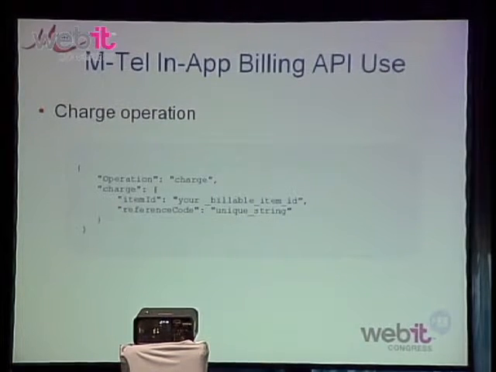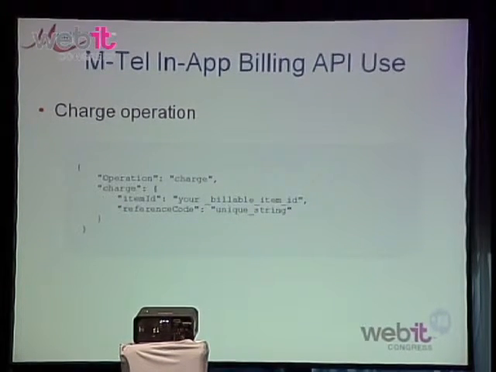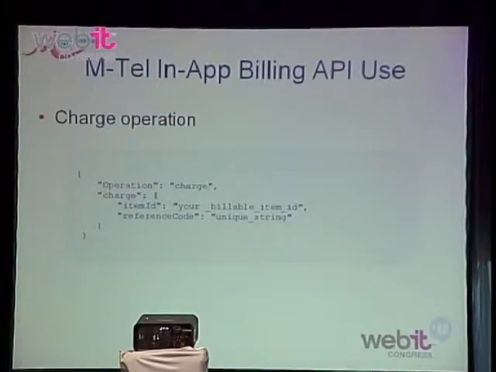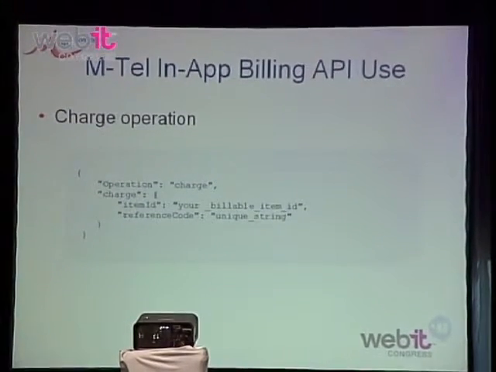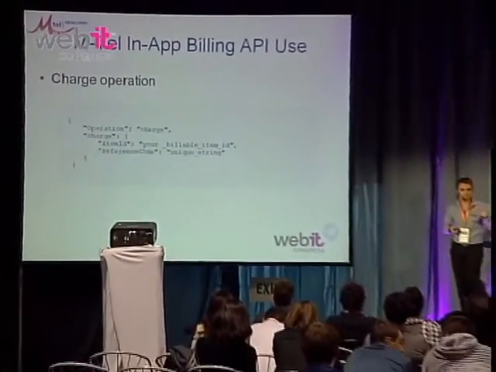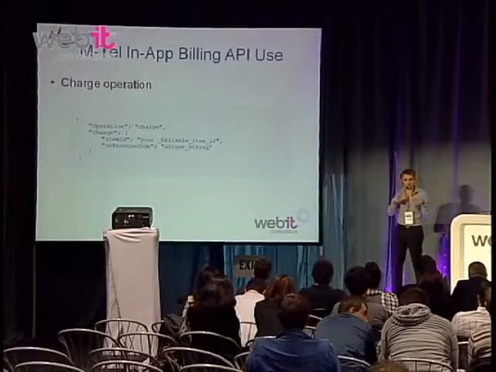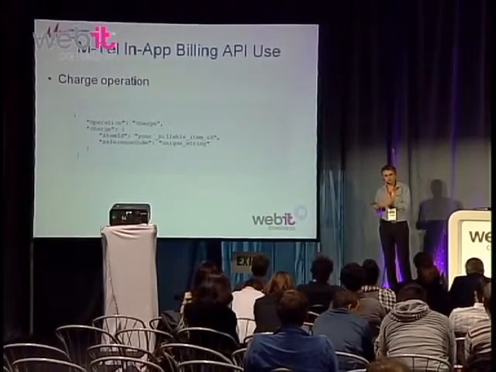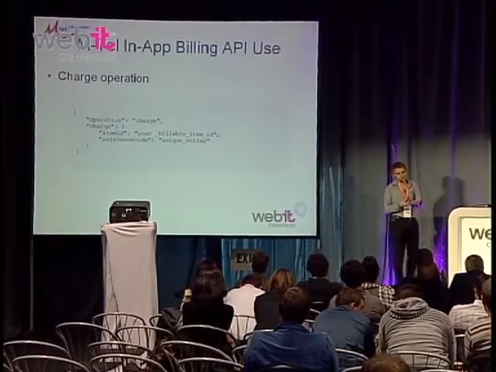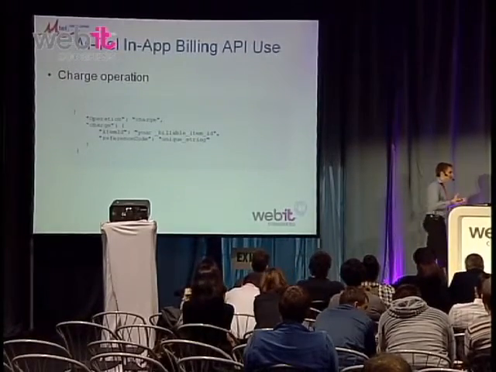And let's say that from the second transaction I'll get the response, and it will be okay. The user is charged, you can release the item, and so on. But what could happen? There could be a case when the first transaction was successful, but your application didn't receive the response from us. So actually, you are going to charge the user twice for the same item, which, in our opinion, is not